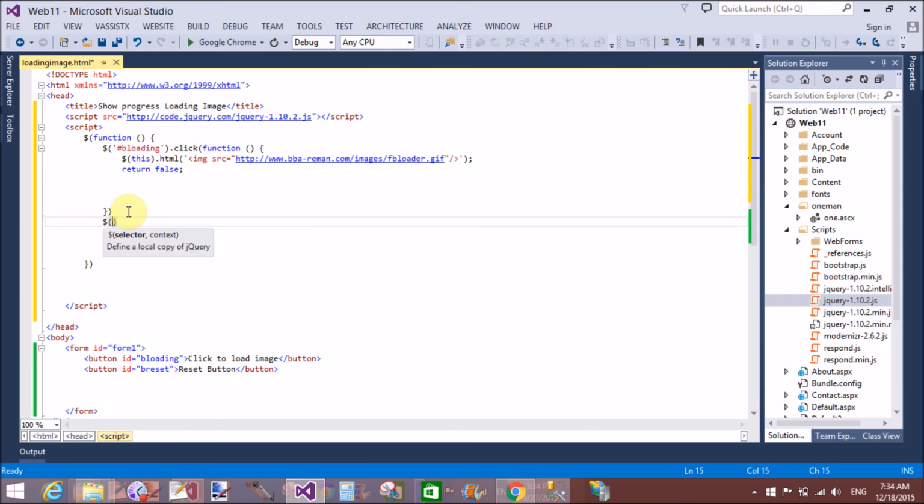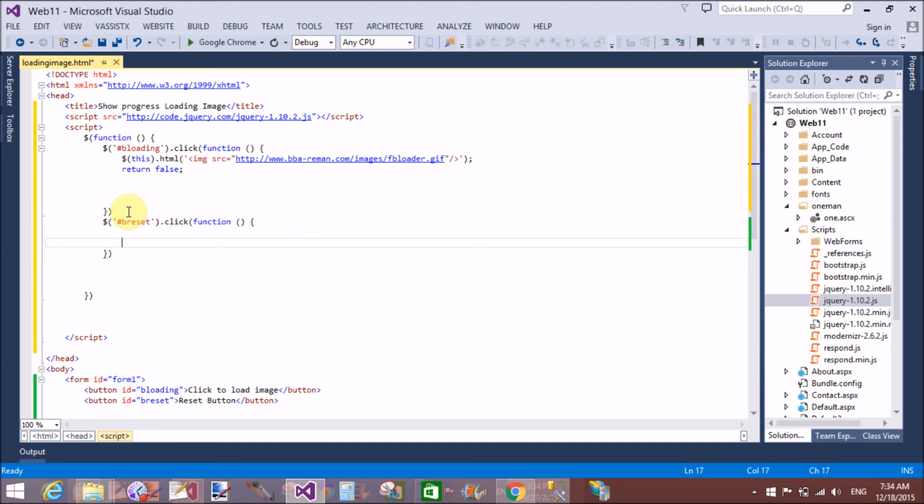After that, dollar sign, get the reset button id, that is breset, button reset dot click. When we click on the reset button, then all things are reset.